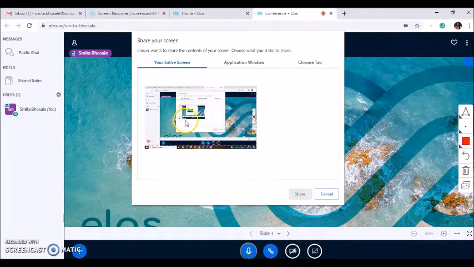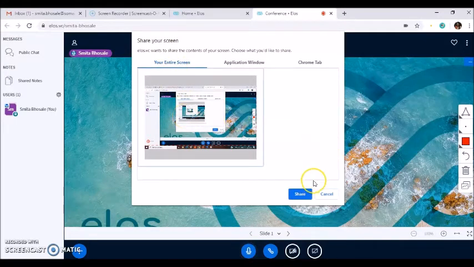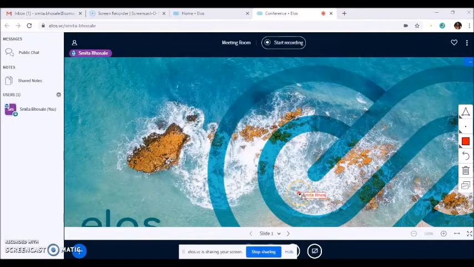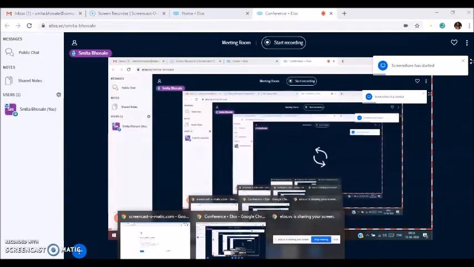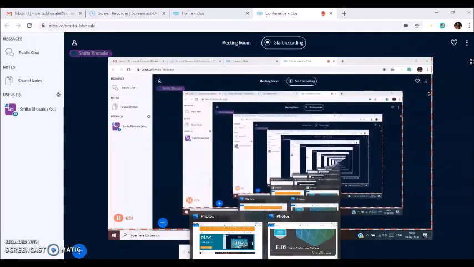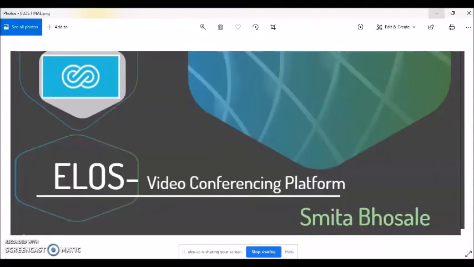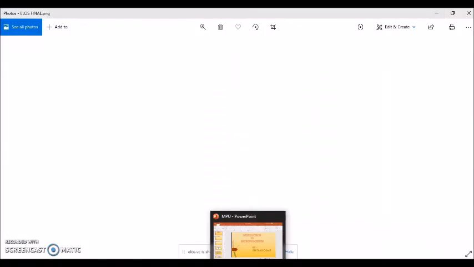You can be allowed to share your entire screen. Click on this and start sharing your screen. Now the screen is getting ready to be shared. So this is how you can share the screen.